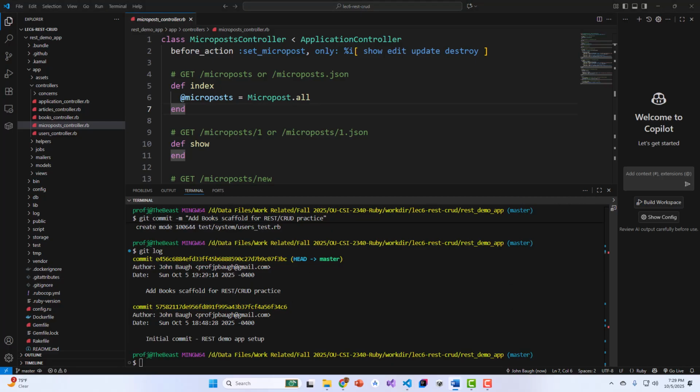All right, some gotchas are always run bin/rails db:migrate before testing new scaffolds. Migration defines your database schema. If you encounter a table not found error, you likely forgot to do the migration. So be careful not to reuse existing model names like user or post unless you intend to overwrite them. Okay, so be careful with that. Remember that each scaffold automatically adds a route, such as resources :books in